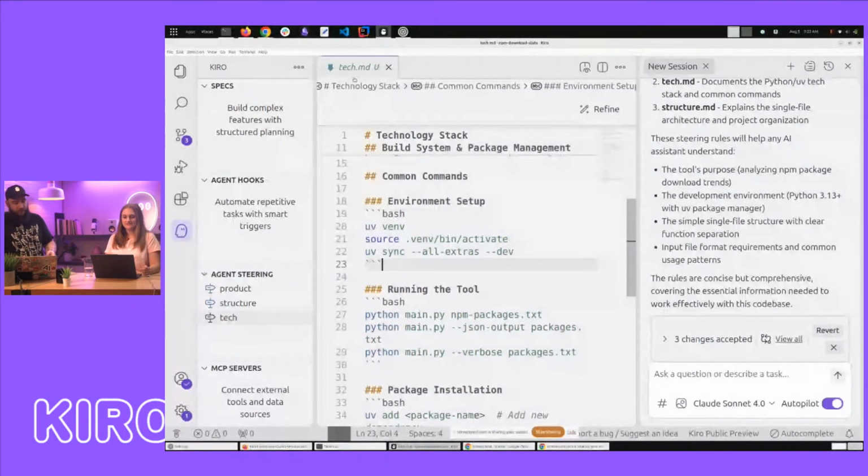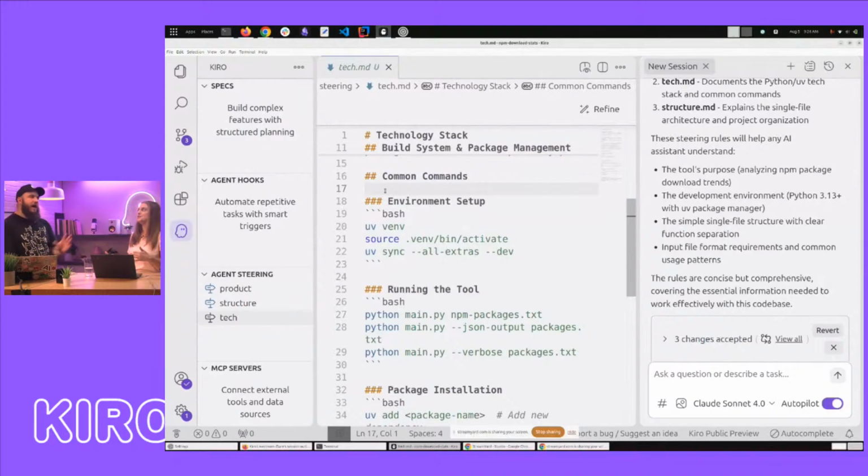So that's the thing. You're not limited only to these three agent steering docs. You can add as much as you want. Yeah. But I will say, sometimes we find people adding thousands and thousands of lines, and not realizing that that's actually literally slowing you down. That's adding more context, and so your latency is going to be higher.